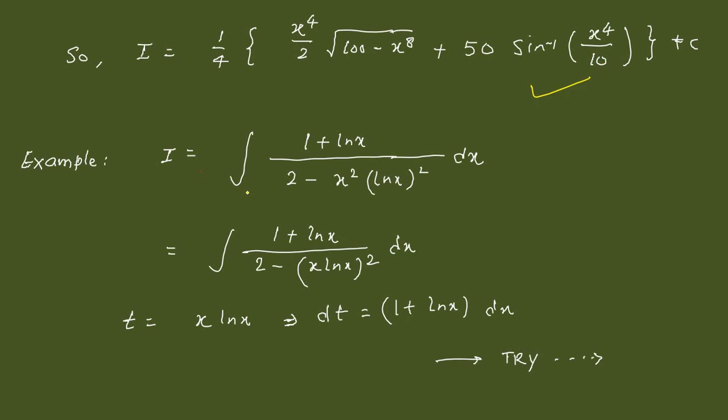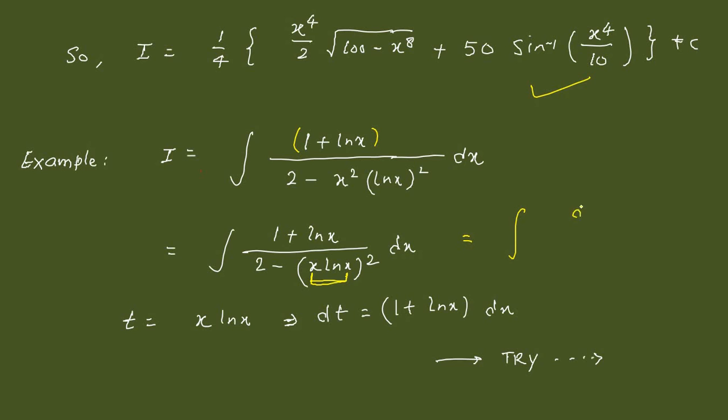So this is the example here, 1 plus ln x over 2x square ln x whole square. Again you can see that if you have done a lot of practice on substitution, we can see that 1 plus log x is the derivative of x ln x. So we can write this x square ln x as x ln x the whole square, and you can take this x ln x as t, so the derivative will be 1 plus ln x dx, and of course